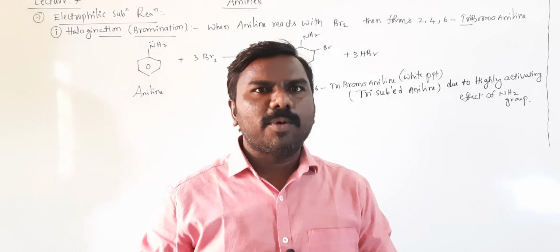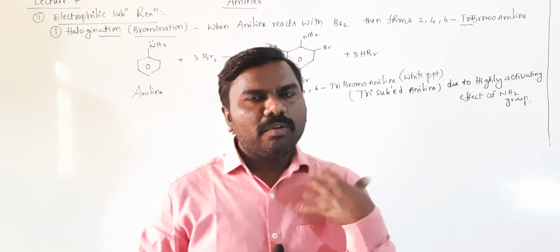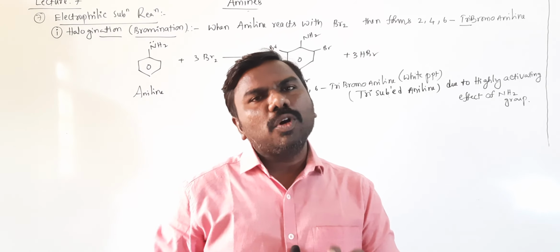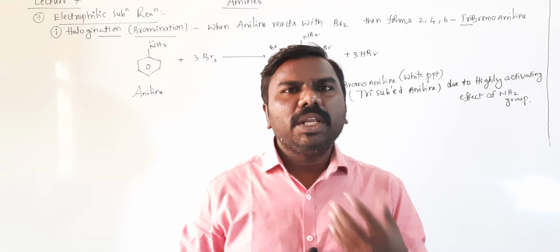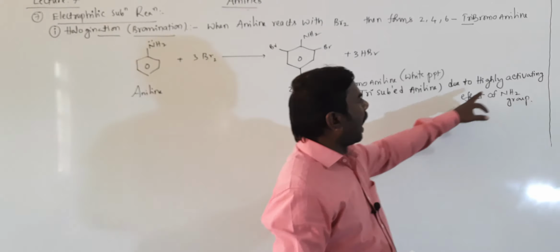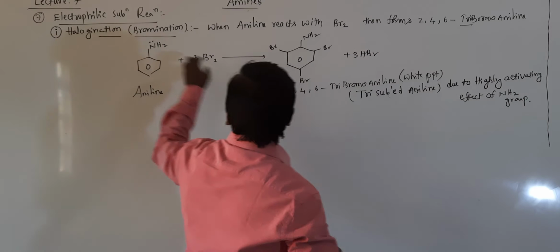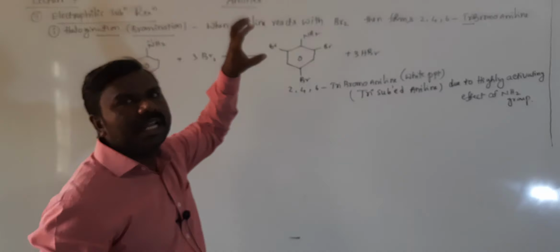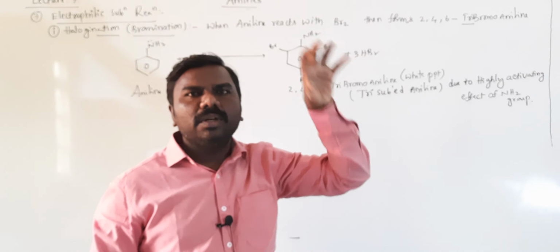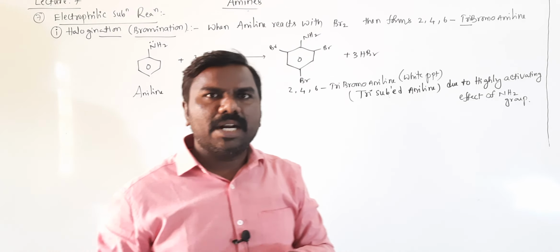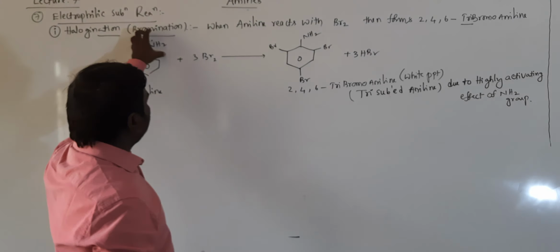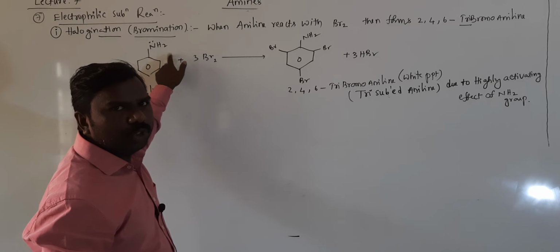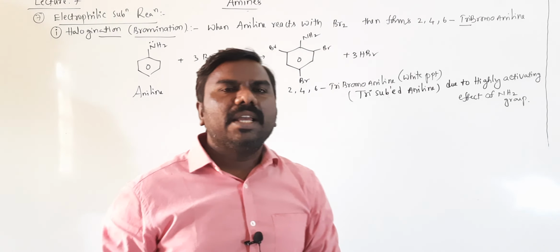tri-substituted aniline, tribromoaniline. But if I wanted only monobromoaniline instead of tribromo, so we need to control the activating effect of NH2 group because it is highly activating. To get a mono-substituted aniline, we need to control the activating effect of NH2 group, that is done by acylation